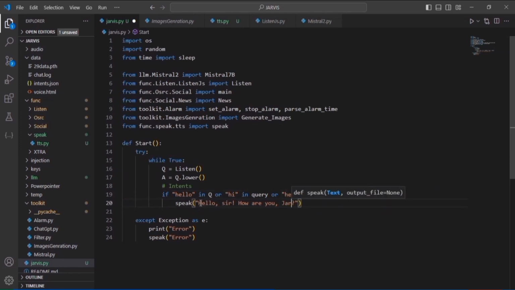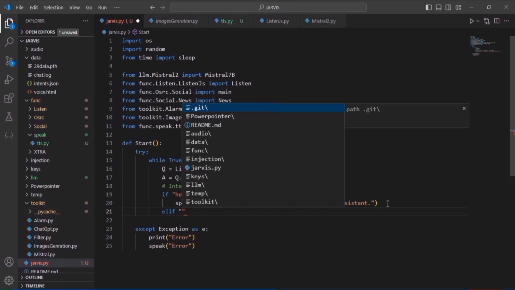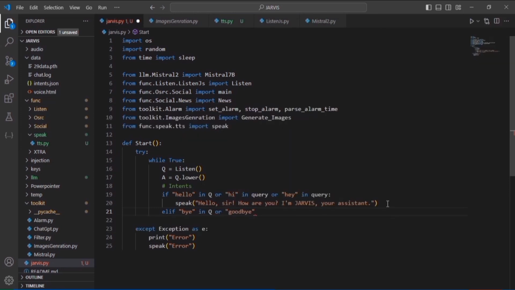Now you can customize the speaking text as you want. And I have written hello sir, how are you? And here I have also created an elif statement where I have created bye intents such as bye, goodbye, good bye with spacing, and shutdown and power off.